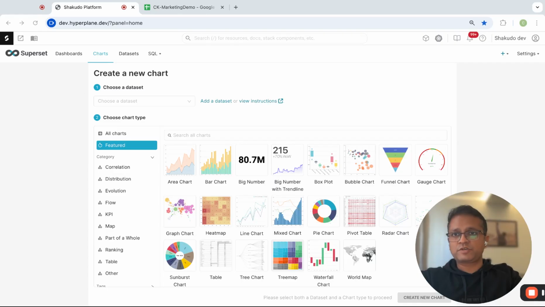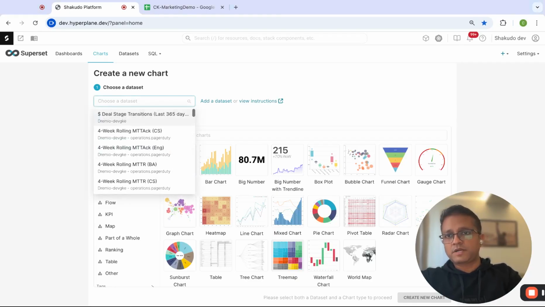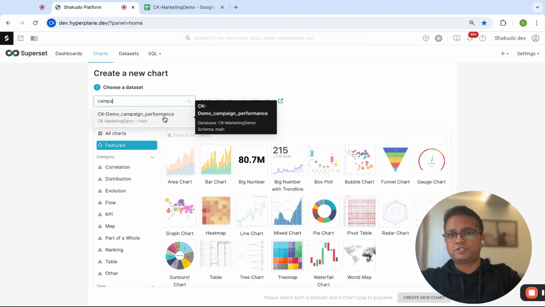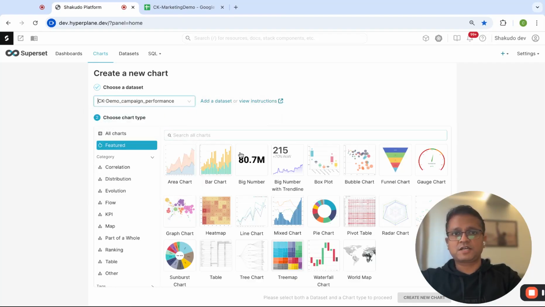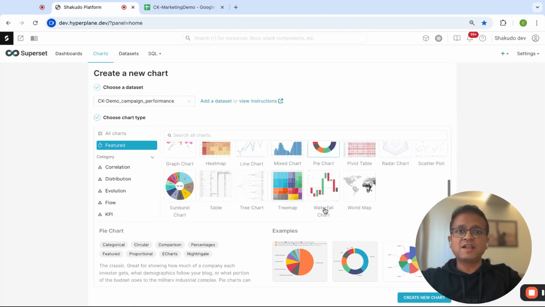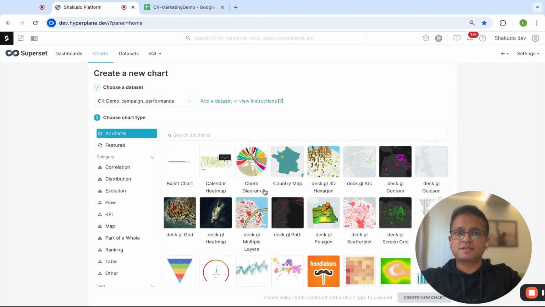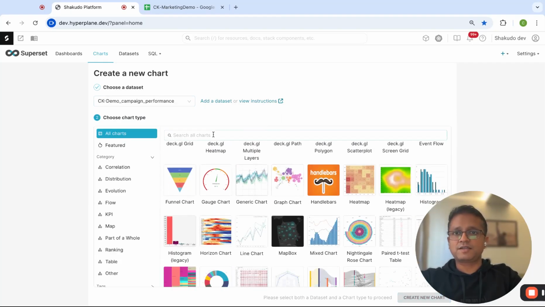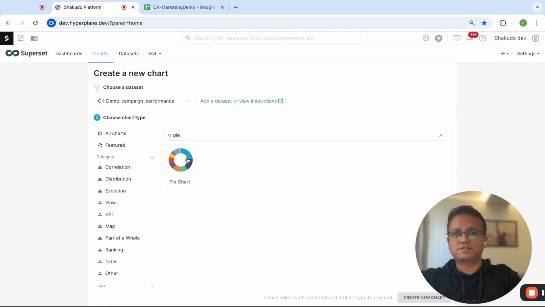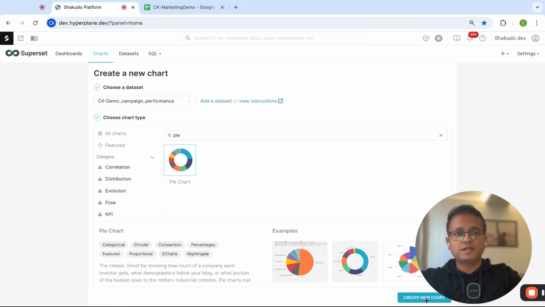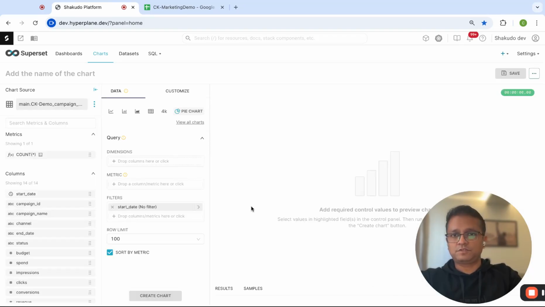And here, I select the source of data, which is my campaign performance sheet. I want a pie chart. Here you see that there is a wide range of chart types that are available, right? So I select pie chart here, and then I move to the next page where I have the details,